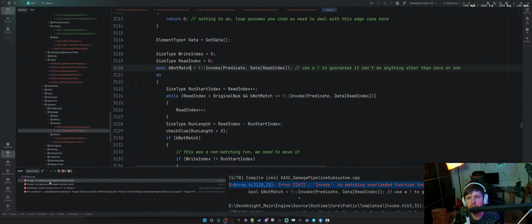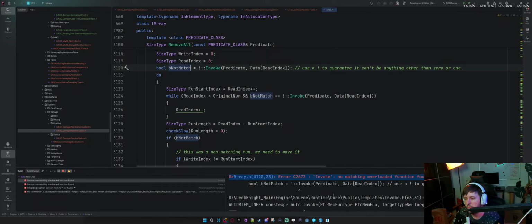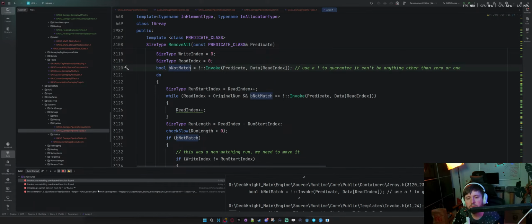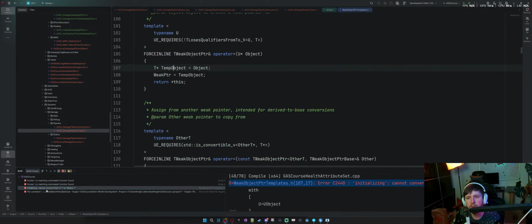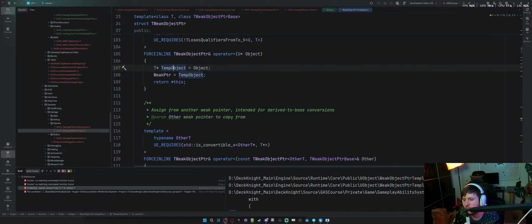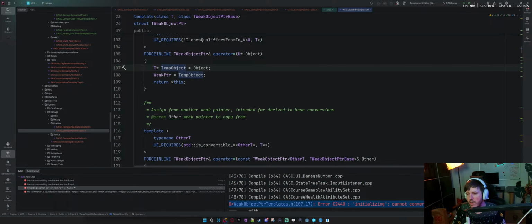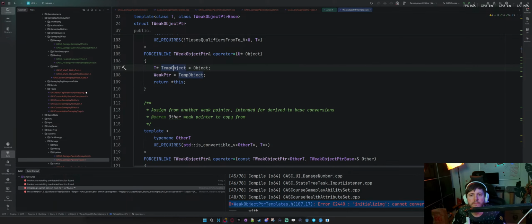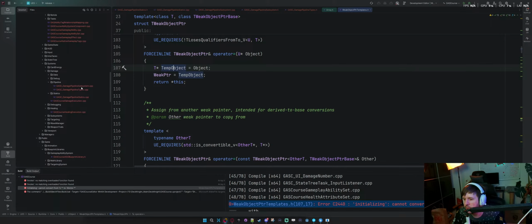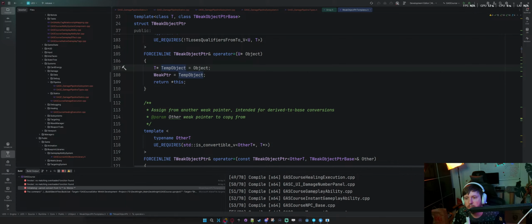Okay, so no matching overload. Where are we seeing cannot convert? So it tries to do, in the health attribute set, cannot convert from UObject to actor. I'm assuming it's in the attribute set, because that's where it seems to have failed, right?